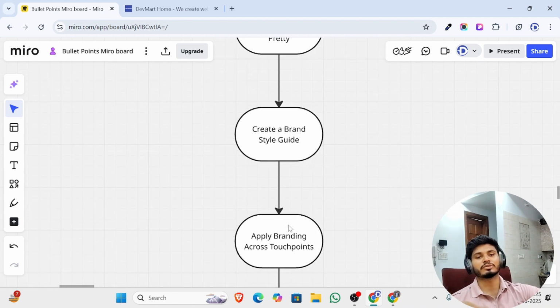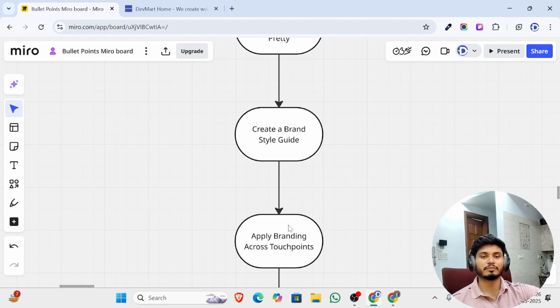You need to have everything in a guided way. Let's suppose you are creating a website: your color should be consistent, which we have talked about already. Your font style should be consistent, and you need to have all the content written in a way that it is like a guide,